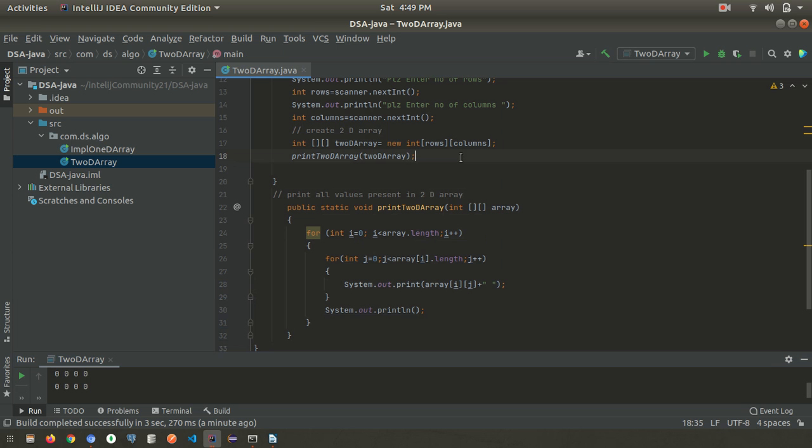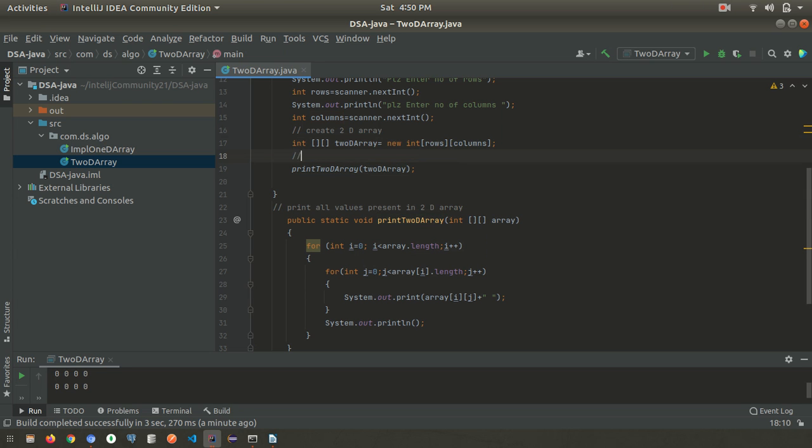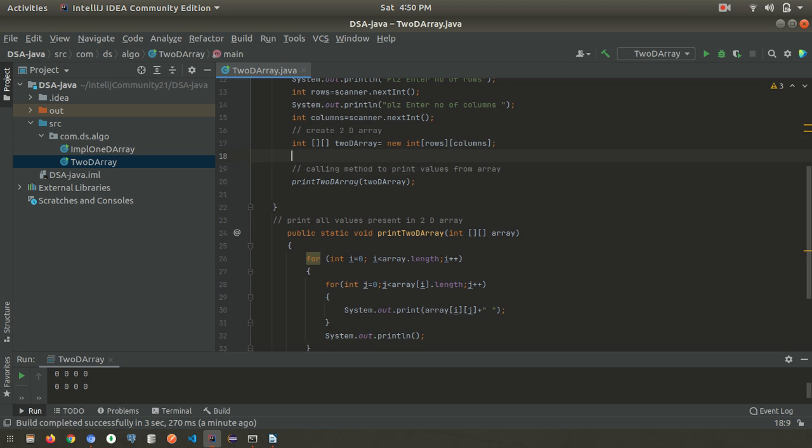So what we can do, we will write code. This code is to call the method to print values from the array. Before printing, once this 2D array is created, we will ask the user what values they want to pass to this array.